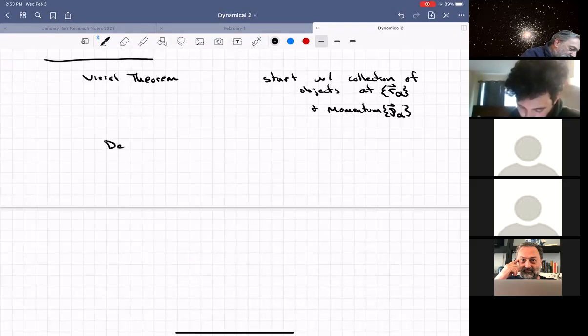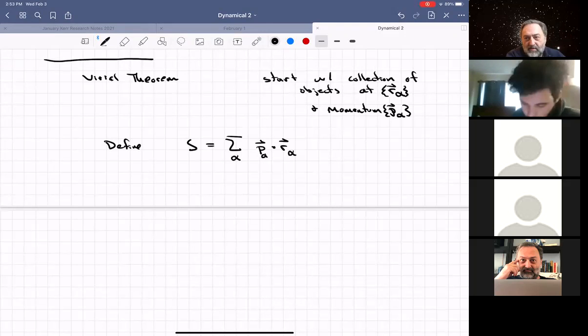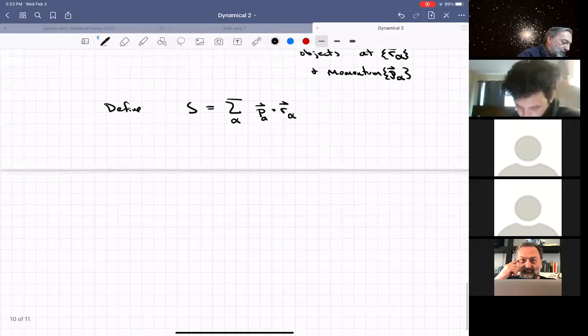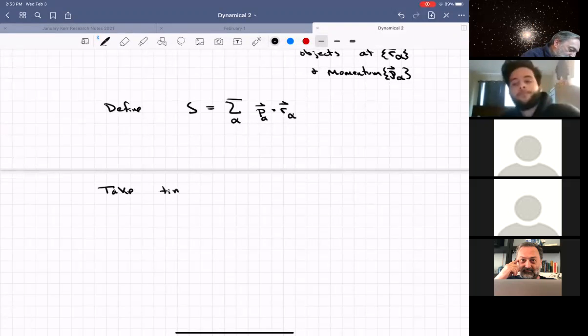I'm going to define S to be the sum over alpha of, traditionally done as P vector dot R vector. So I'm just going to take the dot product of the momentum and the radius or the location and call that S. Okay. I'm now going to take the time derivative